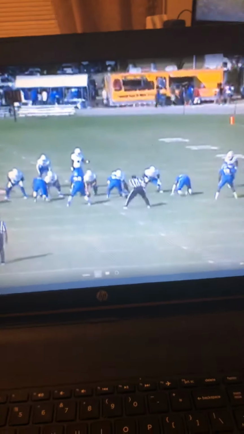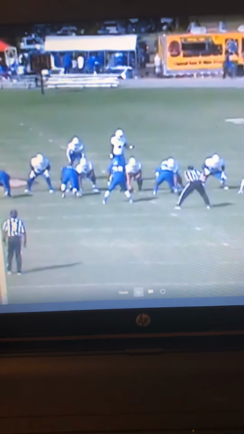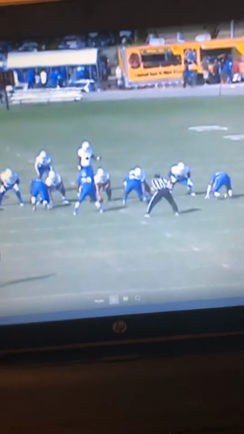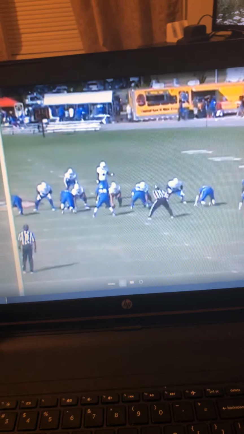All right. Now let's go back. I actually like that view. That's a better view. Perfect. Okay. So again, watch this defensive end. This is the outside linebacker. So I'm going to focus on the defensive end for this play. Where's he